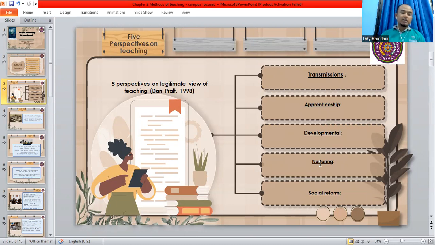What is transmission? Transmission here is using the objectivist approach in which the teacher is teaching the students in order to achieve the learning aims and also the learning objectives. That is the transmission. Now we go to apprenticeship. Apprenticeship here is learning by doing, that is conducted by the students and then supervised by the senior or by the teacher. And then developmental here uses